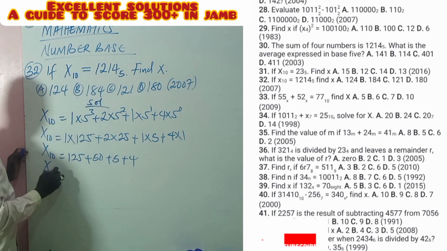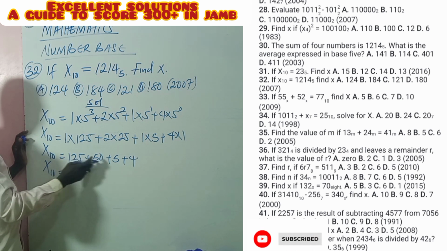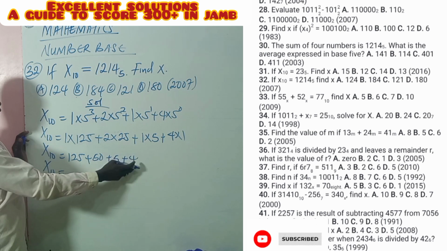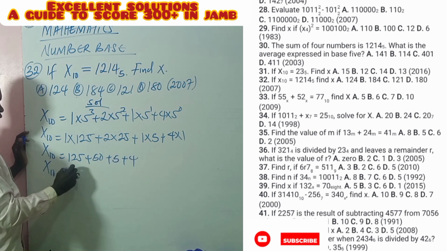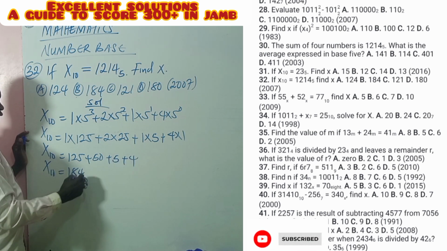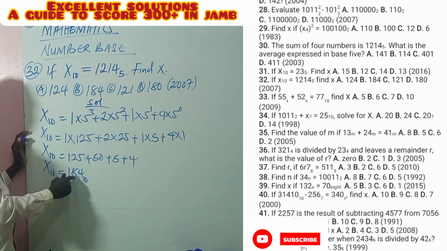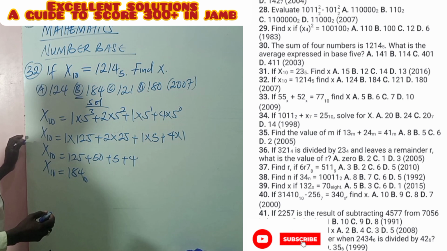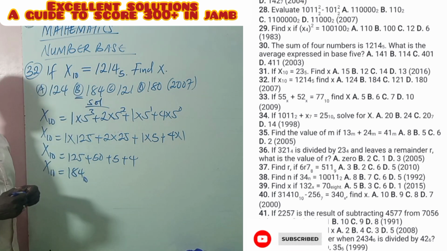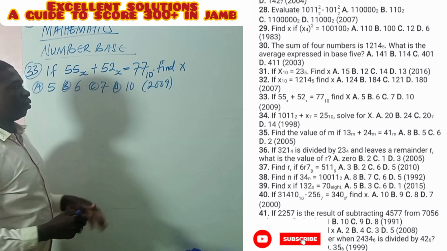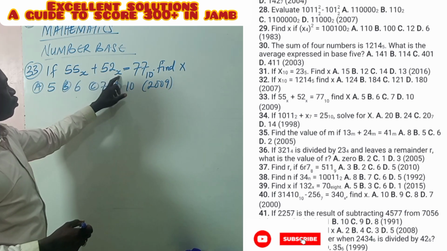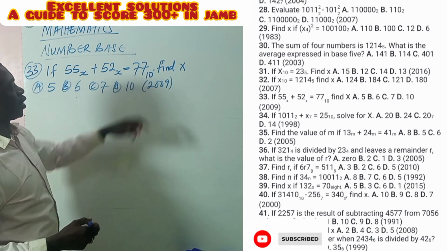So x base 10 equals 125 plus 50, we have 175, plus 5, we have 180, plus 4, we have 184. So this is 184 base 10. That means x equals 184. If you look at our option B, we have 184. The answer is B. Question 33 says, if 55 base x plus 52 base x equals 77 base 10,